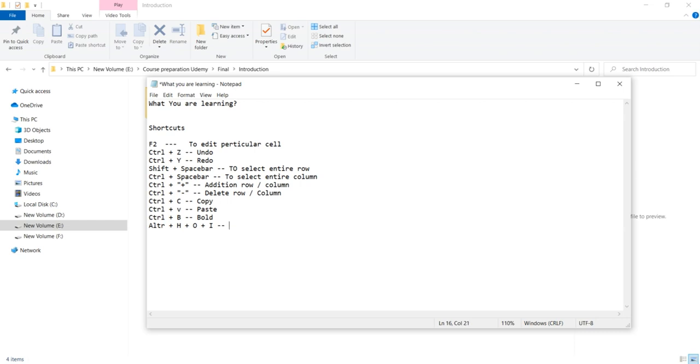For fit to column width. And Alt H O A for auto fit row height.